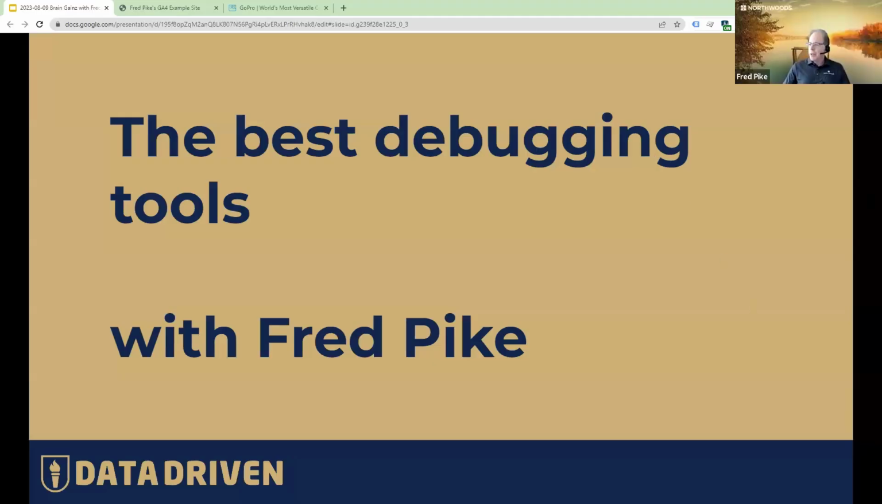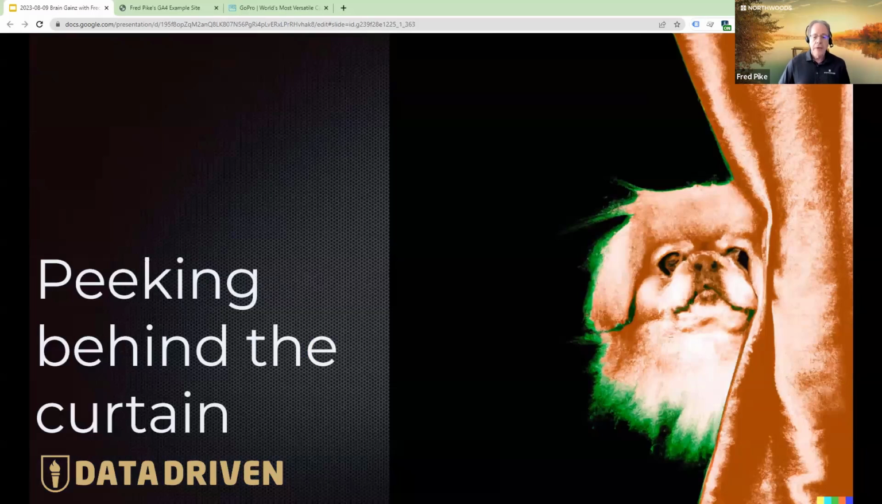And hopefully everybody is seeing my screen now. Is that a yes? Yes, good. Okay, so I have three monitors. I'm trying to put everything around so that I can see everything and not lose everything. So let's get started. The best debugging tools with Fred Pike. It would help if this would advance. Okay, so